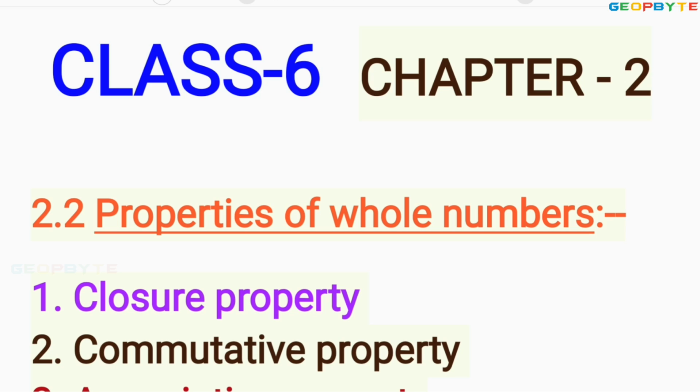In this video, dear children, we will discuss the properties of whole numbers. In the last video, we clearly discussed the whole numbers. Whole number means any number from 0 to infinity. For that whole number, we will discuss the properties. Dear children, there are 7 properties for whole numbers. They are,